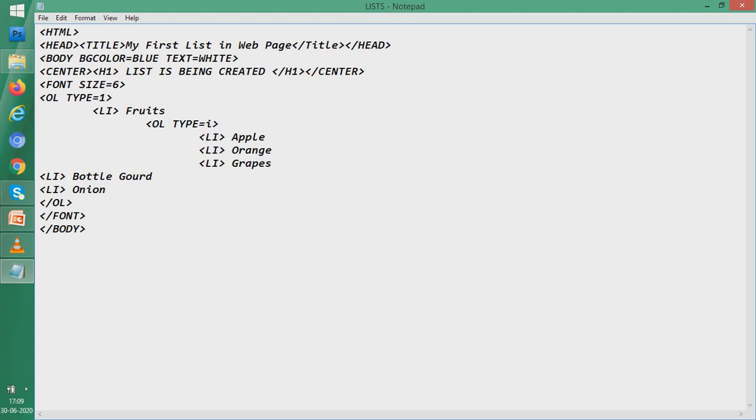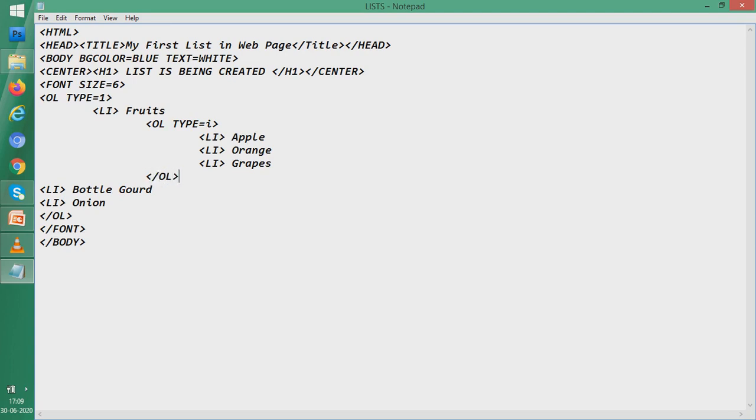And then what we do is, we again come here and close the internal OL. So which OL is being closed? This OL is being closed. See, this OL is being closed by us. So the apple, orange and grapes part has been closed.